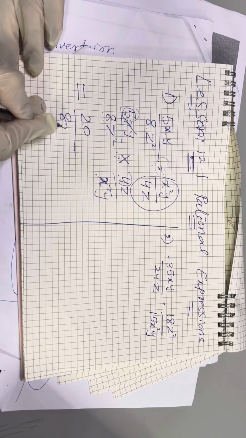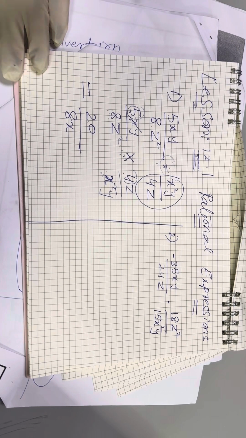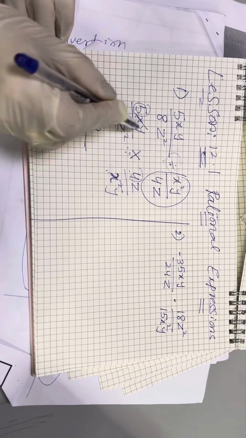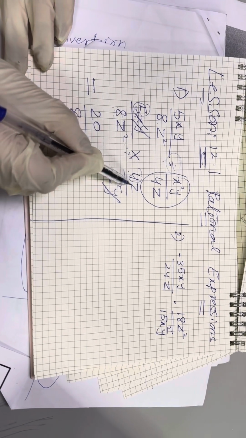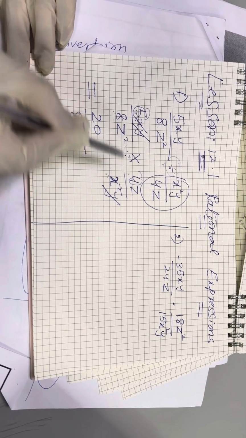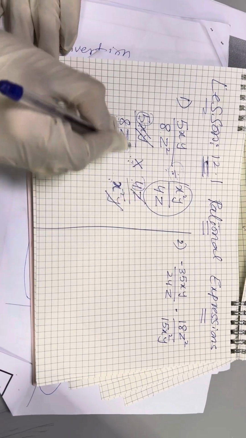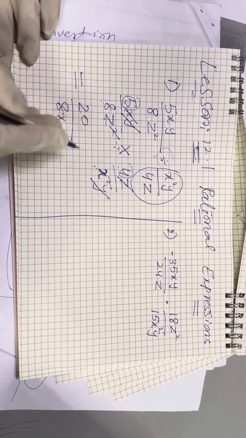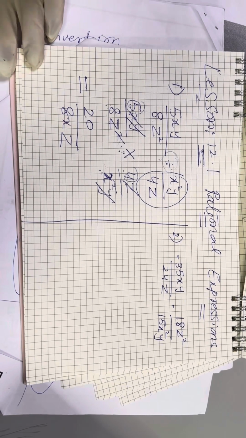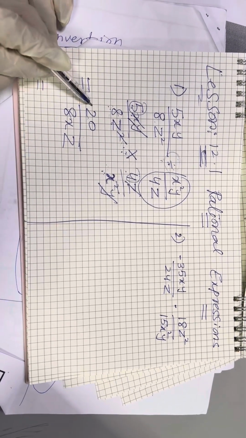So you will write that x. Now only 1 y up, 1 down, so both will be cancelled. Right? Now here z. How many z are here? Only 1. And here 2. So 1 will be cancelled with 1. So how much is left? Only 1, and which is down. And now just give this to the calculator.